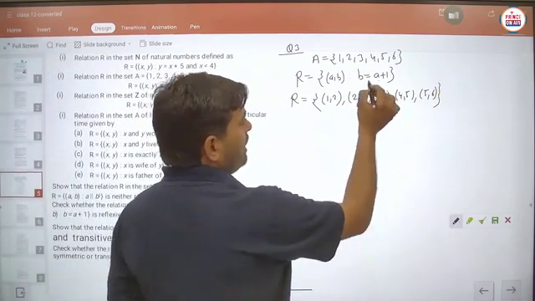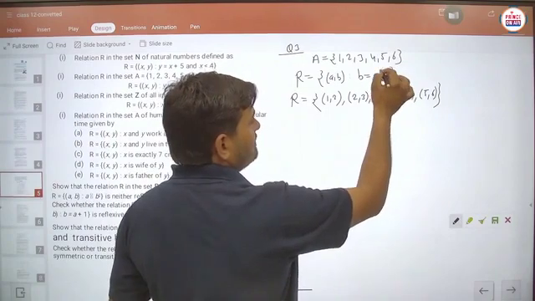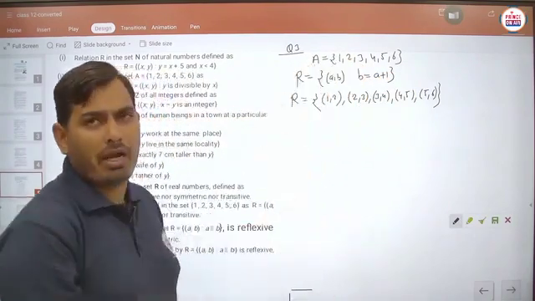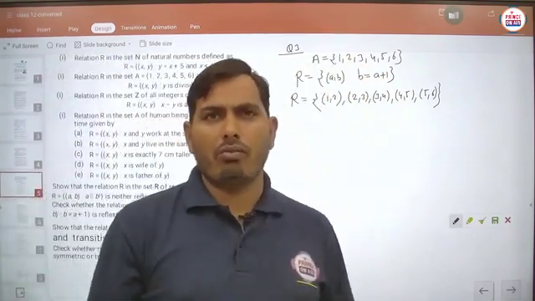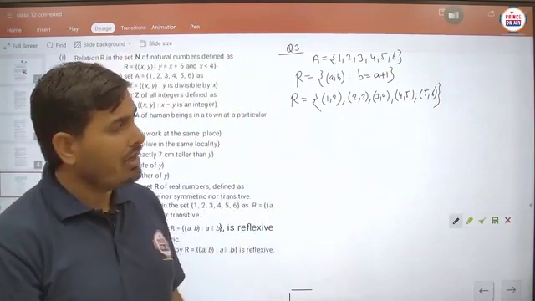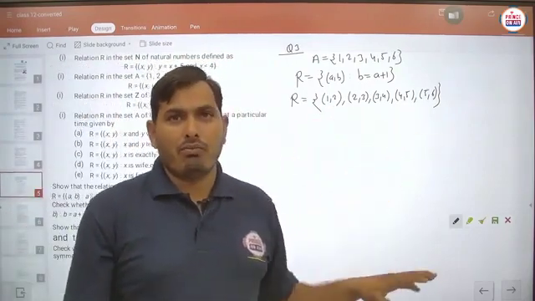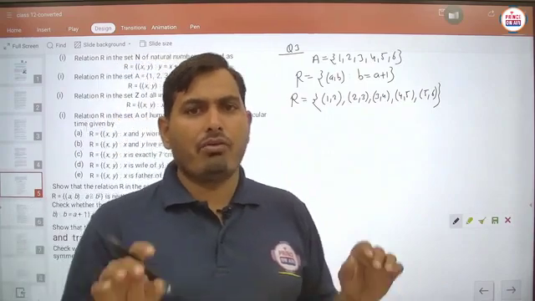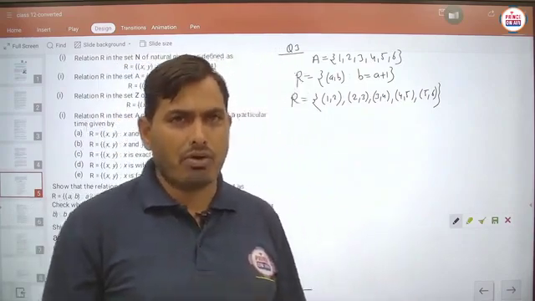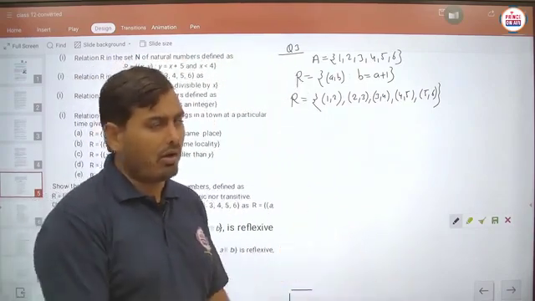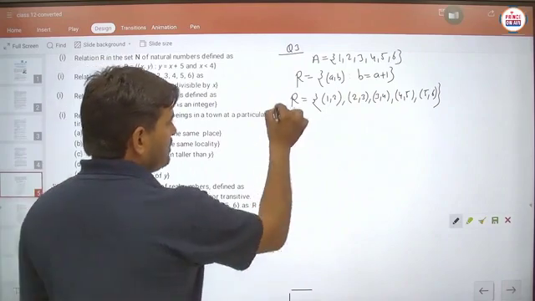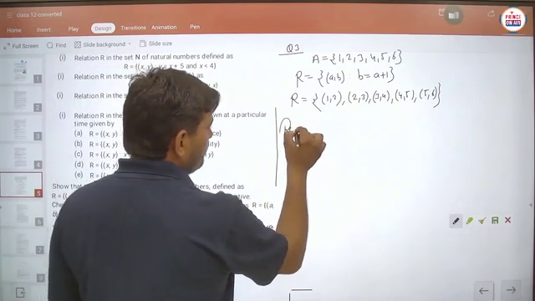So if we have to write the value for A equals 6, then 6 plus 1 will be 7, but 7 does not lie in this particular set. So we have to make the ordered pairs because this is the simplest form of the relation from where we can easily check whether the given relation is reflexive or not, symmetric or not, or transitive or not. So basically now easily student you can say about the reflexive nature.